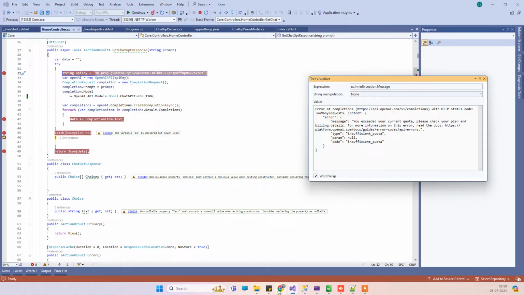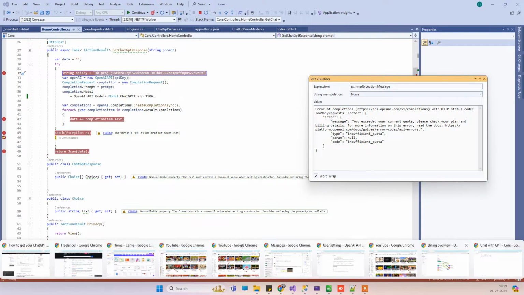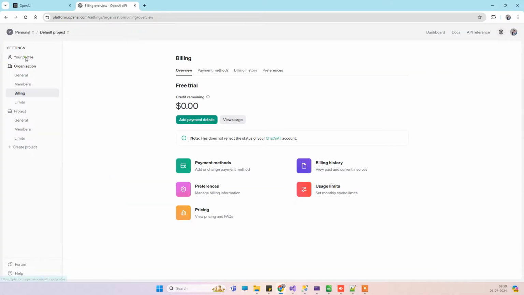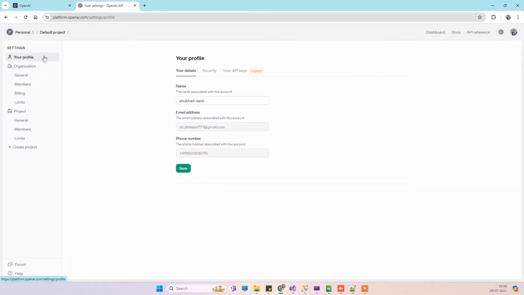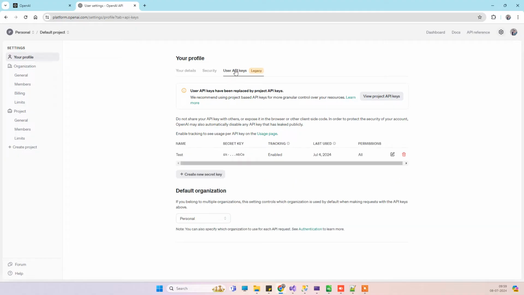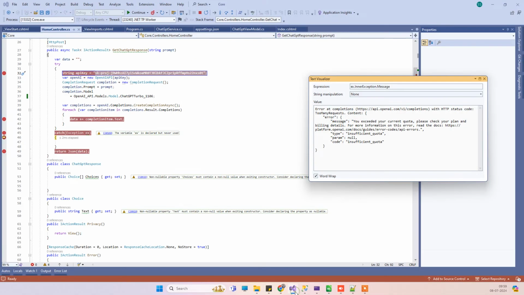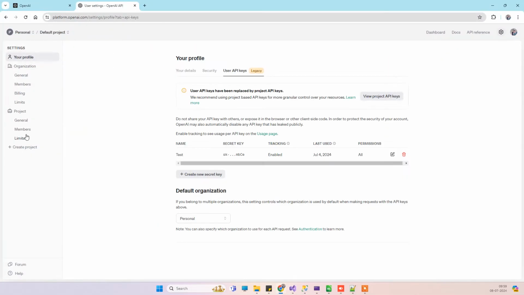So we will first have a look at the account that we created. Okay, so this is the account that we have, and from this UI profile section, I was able to generate the user API key. When I tried this API key in the project, still I was not able to make the API call. Now if you notice,